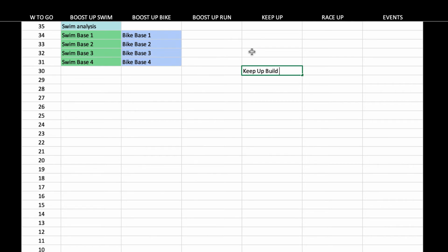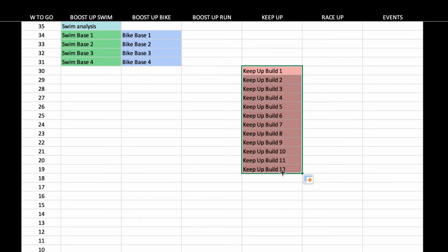Since Sven has a solid training background, he can jump right into the build program and skip the recommended pre-step, that is, keep up base. Keep up build will of course develop his aerobic endurance. However, more time will be spent on increasing Sven's muscle endurance and speed. That's right,